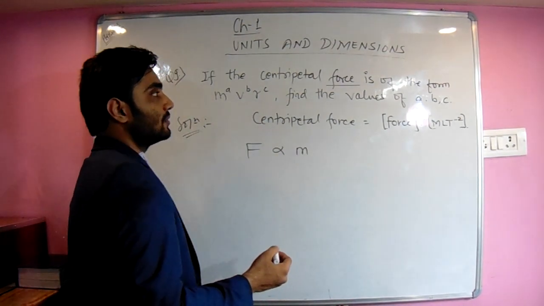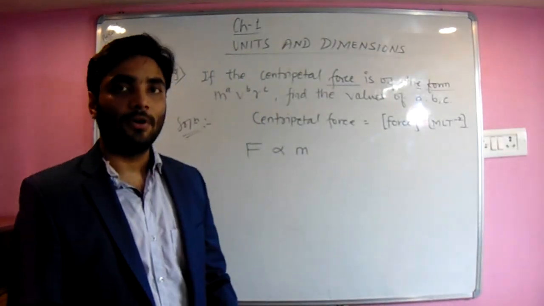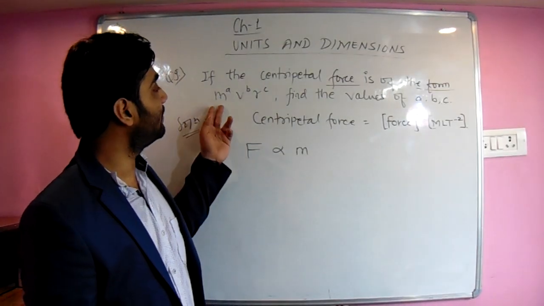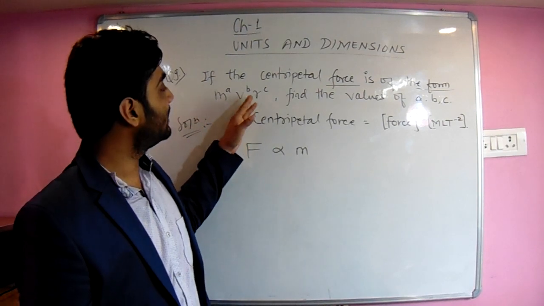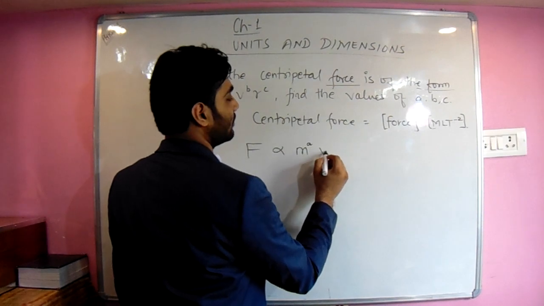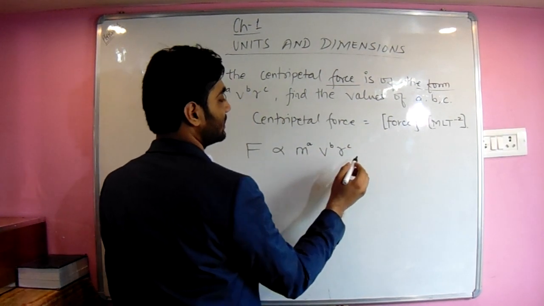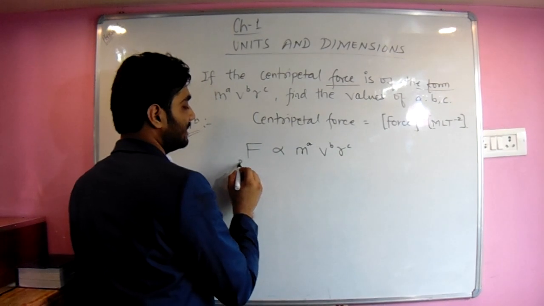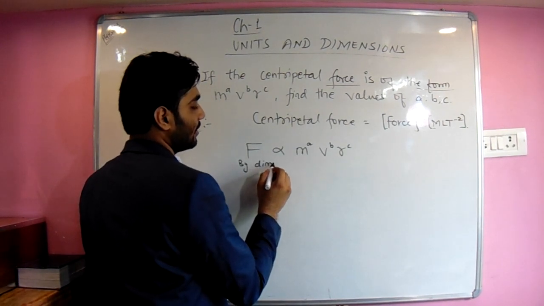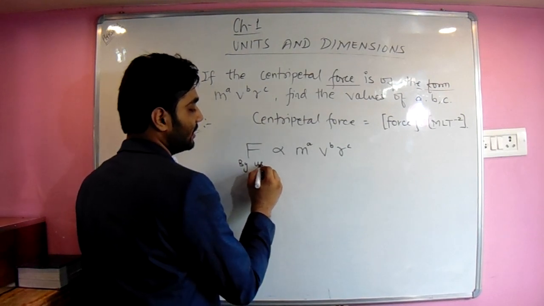Because it is of the form M to the power A, V to the power B and R to the power C. So F is directly proportional to M to the power A, V to the power B, R to the power C. Now F has the dimension, by using dimensional analysis,